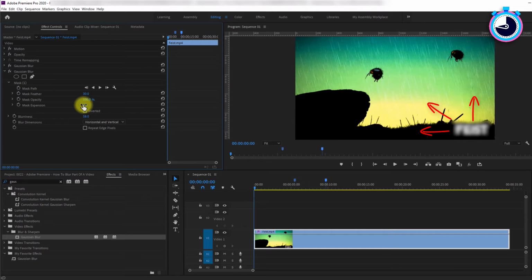to expand your blur beyond its mask boundary without having to move countless handles. Simply drag out the mask expansion value and your blur will expand uniformly beyond its mask boundary with minimal effort